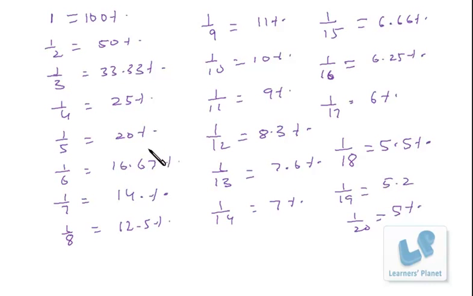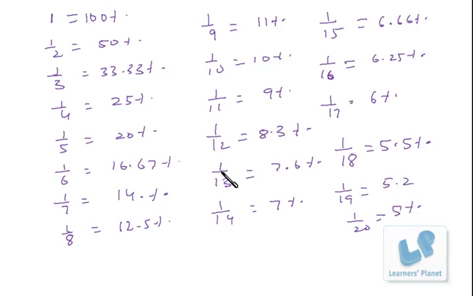Now after that, suppose you are given any other numerator except 1, then what you can do? Suppose you have to calculate 2 by 3. So 1 by 3 you know, so 2 by 3 will be just double of that, that is 66.67%. Similarly, if 1 by 4 is given to you, you can calculate 3 by 4. So 1 by 4 is 25%, that means 3 by 4 is 75%. Similarly, 1 by 5 is 20%, that means 2 by 5 is 40%. So the calculation will be on your tips, right? If you are just aware of this much information, right?